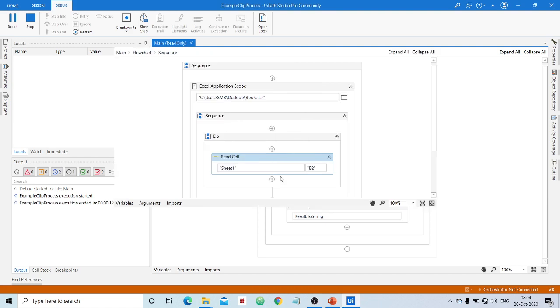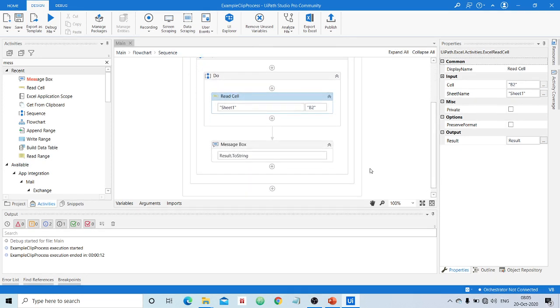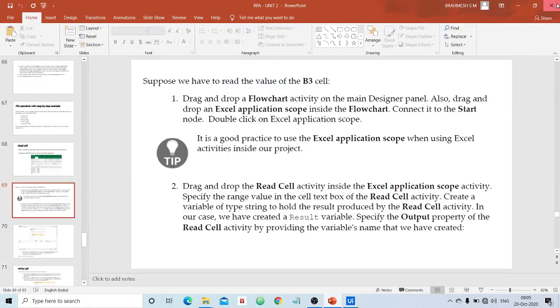Clear? Like this you can access any cell value by using an indexing mechanism. What I can say here, it is an indexing mechanism, like column name then the row number, like that. Clear? Okay, and in the coming classes I will tell you how to deal with the numerical value, but remember it can only perform read and write operations in a string format. Clear? We shall see how we can deal with the numerical value. More specifically, we shall see how we can do the operations if the Excel file has numerical content in it. Clear? Okay, so with this we come to the end of the session.